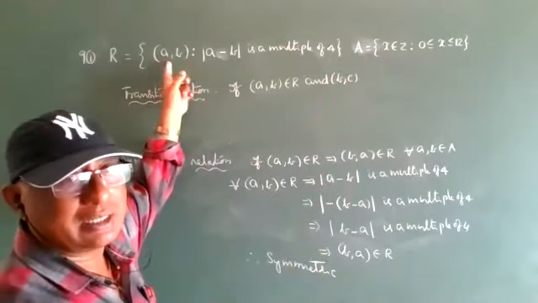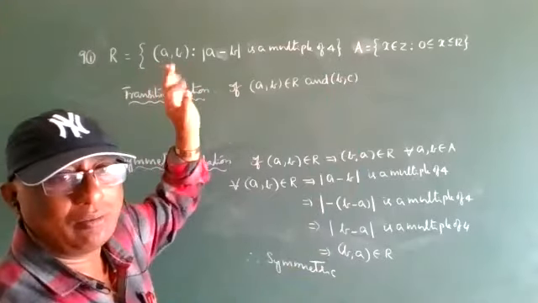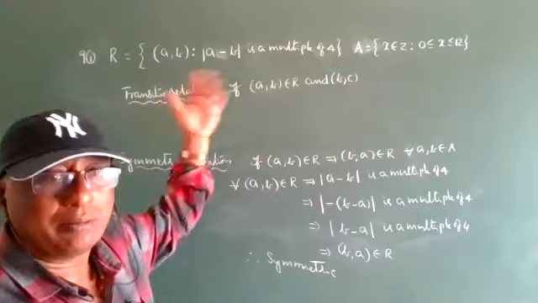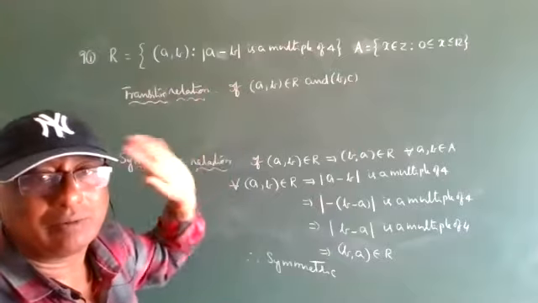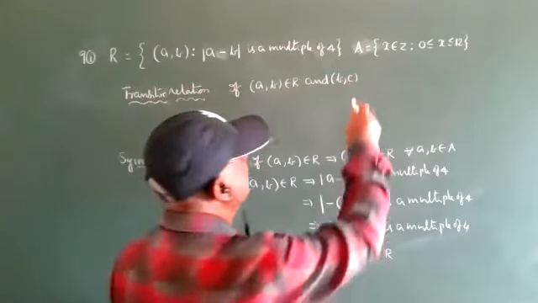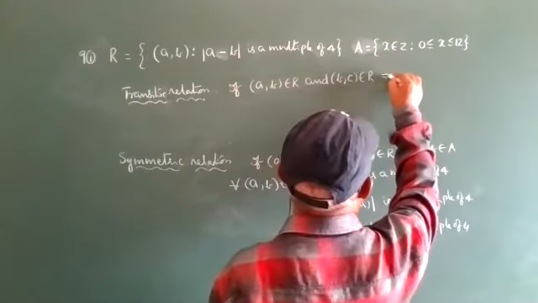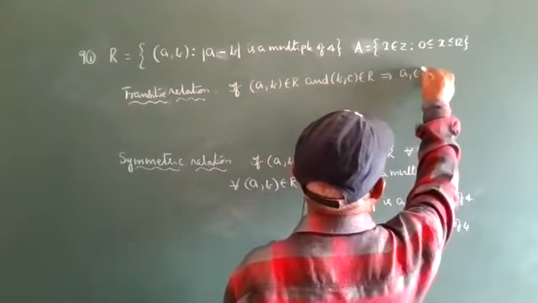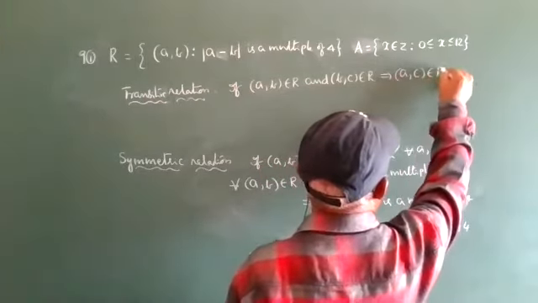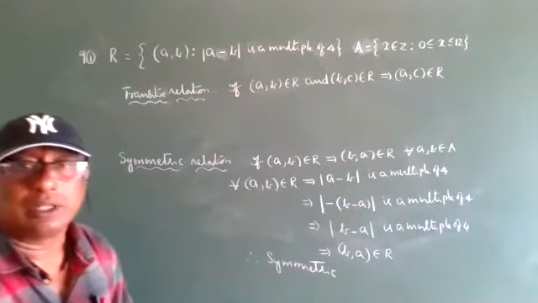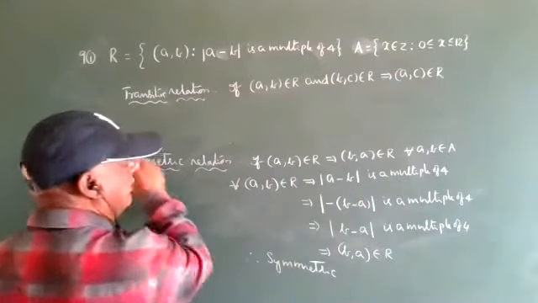in the same set. The set is in set builder form. Only one letter will be given; the remaining all follow like that one only. (B, C) belongs to R. We have to show that the first and last one, (A, C), belongs to R. Then only it is transitive.